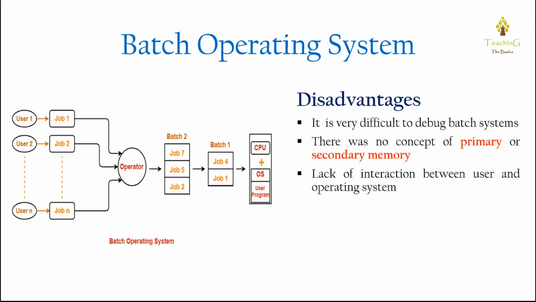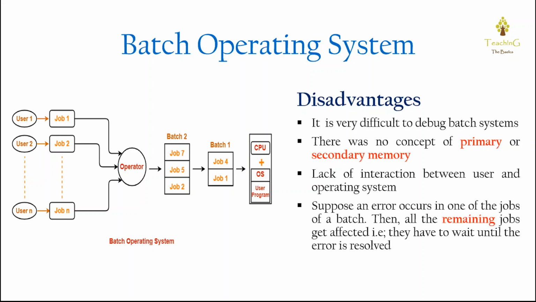Lack of interaction between users and operating system is one of the disadvantages. Suppose an error occurs in one of the jobs of a batch, then all the remaining jobs get affected. That is, they have to wait until the error is resolved, and while resolving the error, human intervention may be required. Okay,